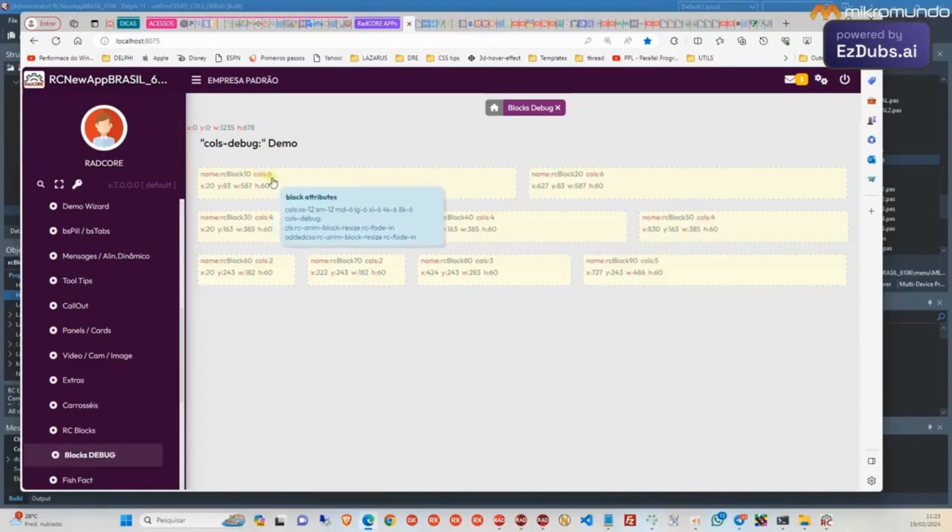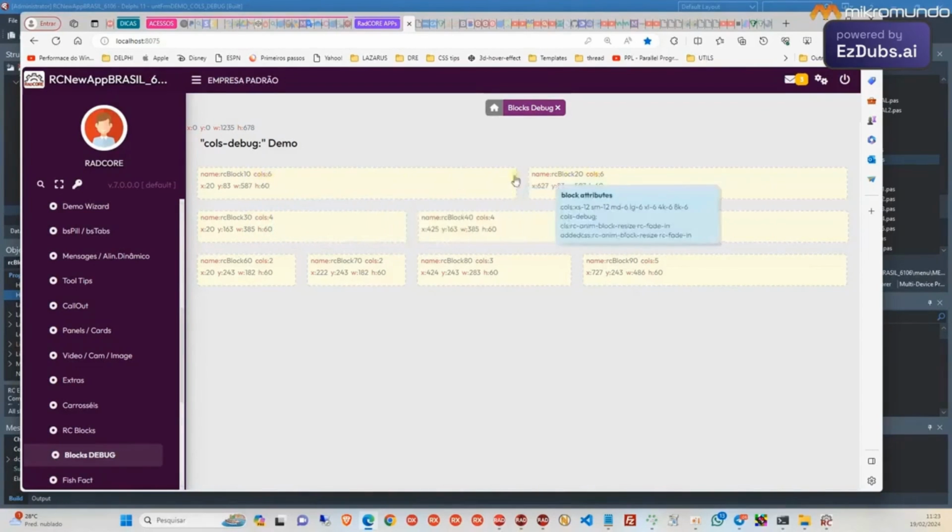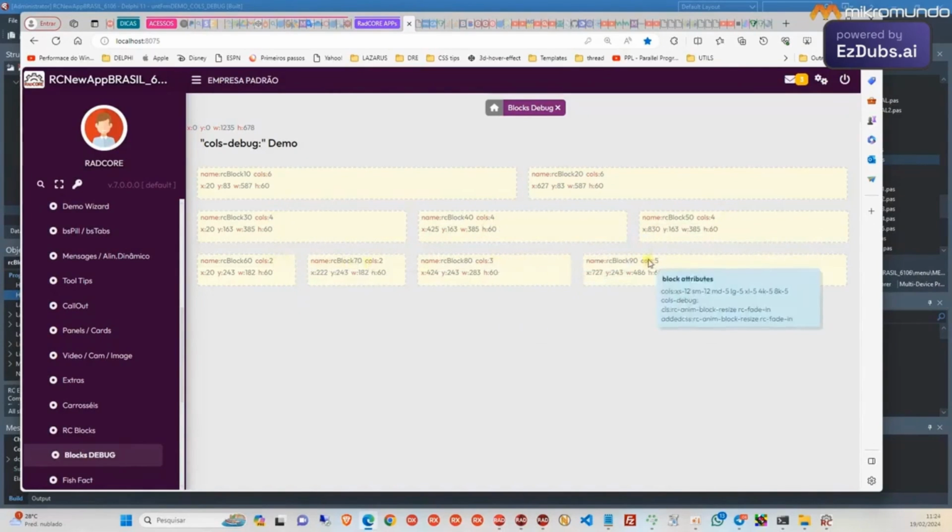How many columns is it displaying? There are 6 and 6 here. I have 4, 4 and 4 here. I have 2, 2, 3, and 5 here. The position they are in, the X and Y, the starting position, the width they occupied, and the height they occupied. You can observe all this